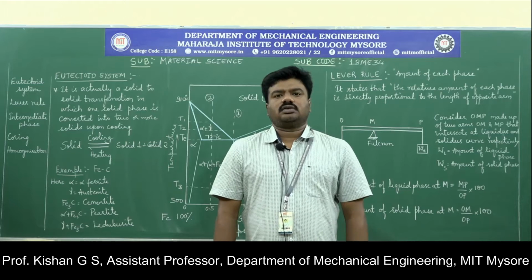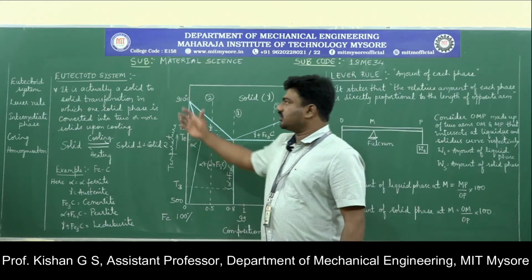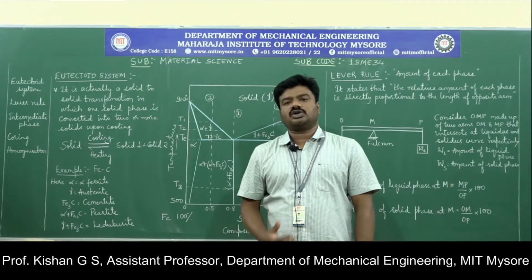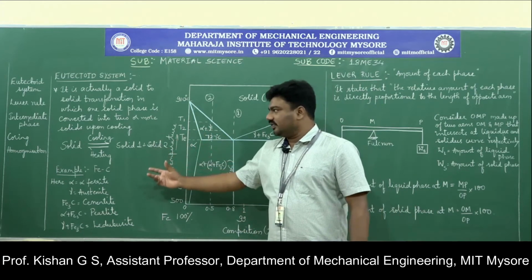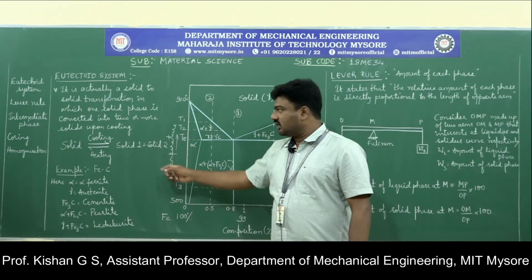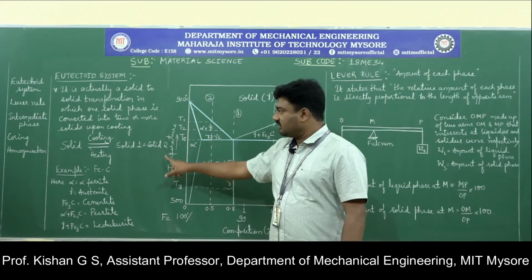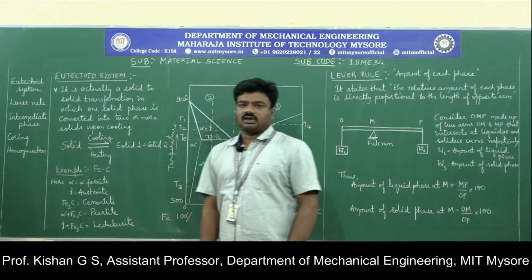Let us now study the concept of eutectoid system. Here in eutectoid system we have only one case, whereas in case of eutectic system we had studied two cases. In the eutectoid system, we consider a particular solid that upon cooling leads to two solids, solid 1 and solid 2. Similarly, when solid 1 and solid 2 are heated, that results in one particular solid.